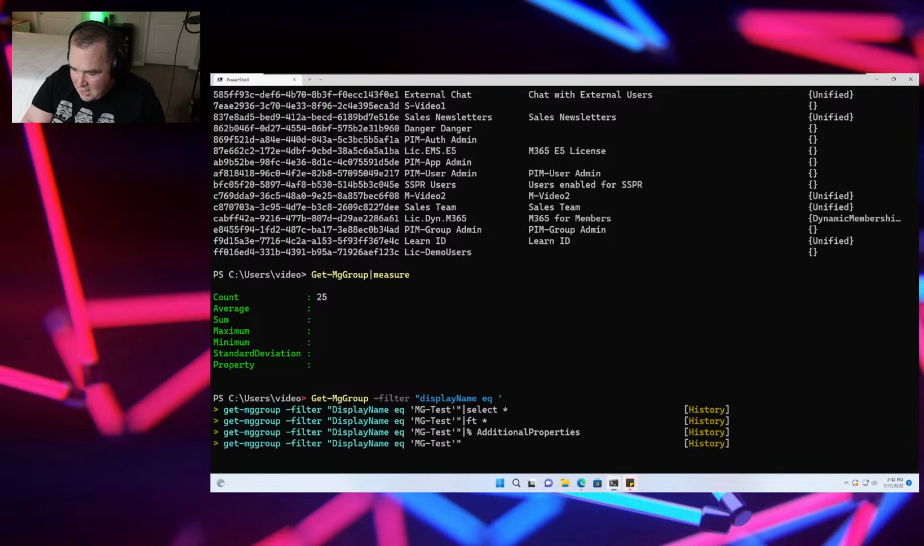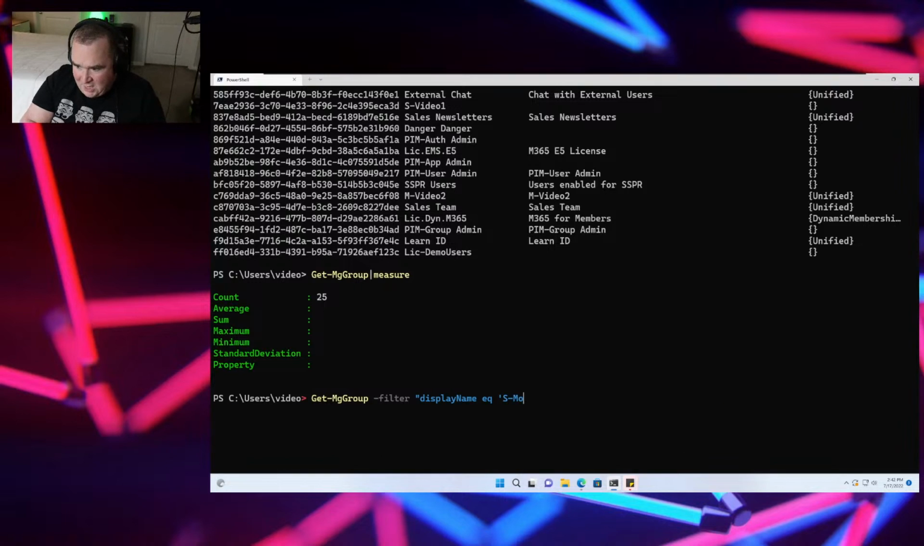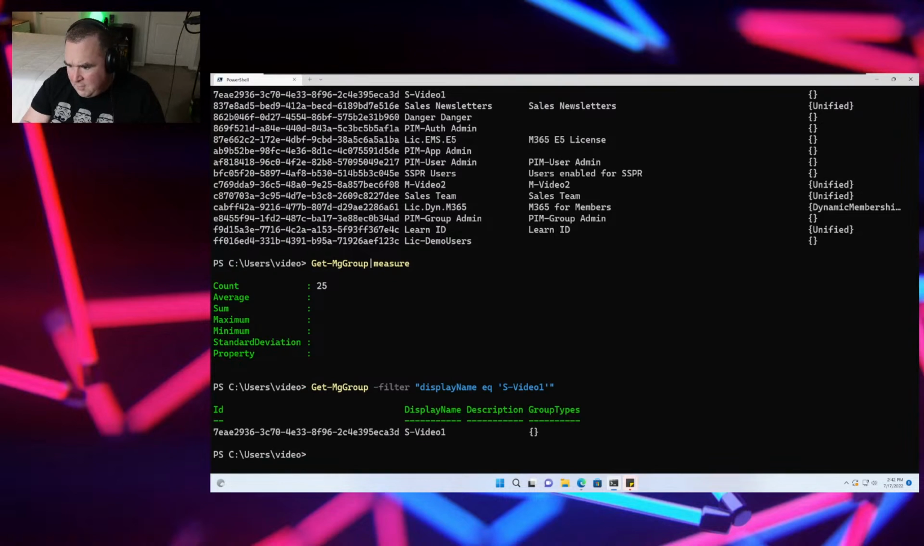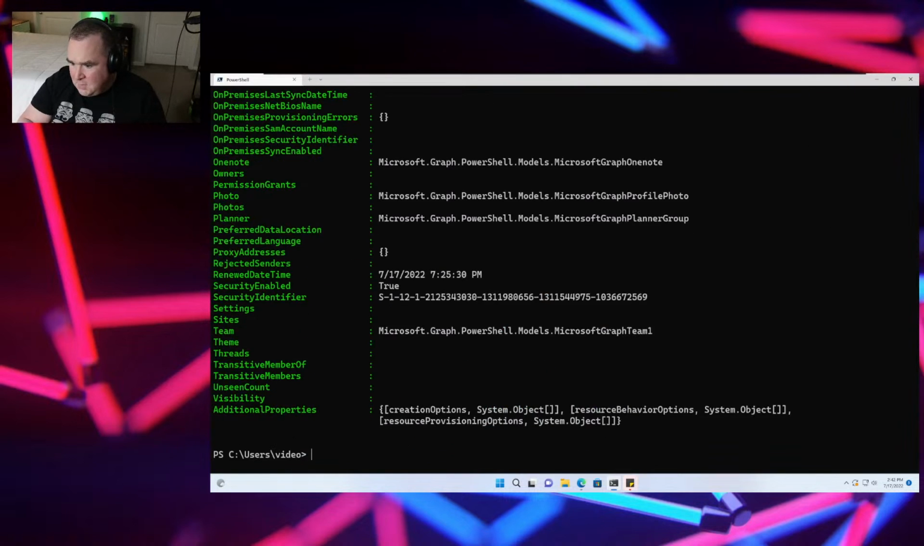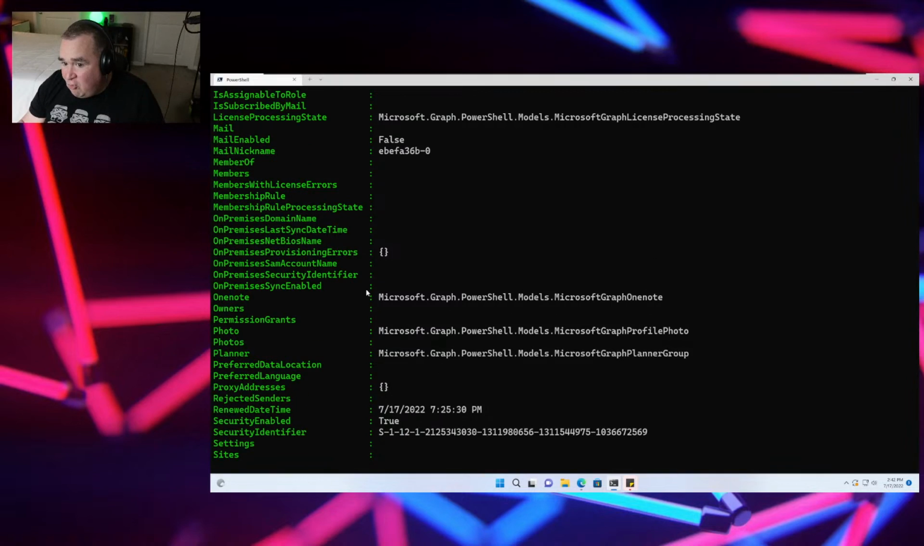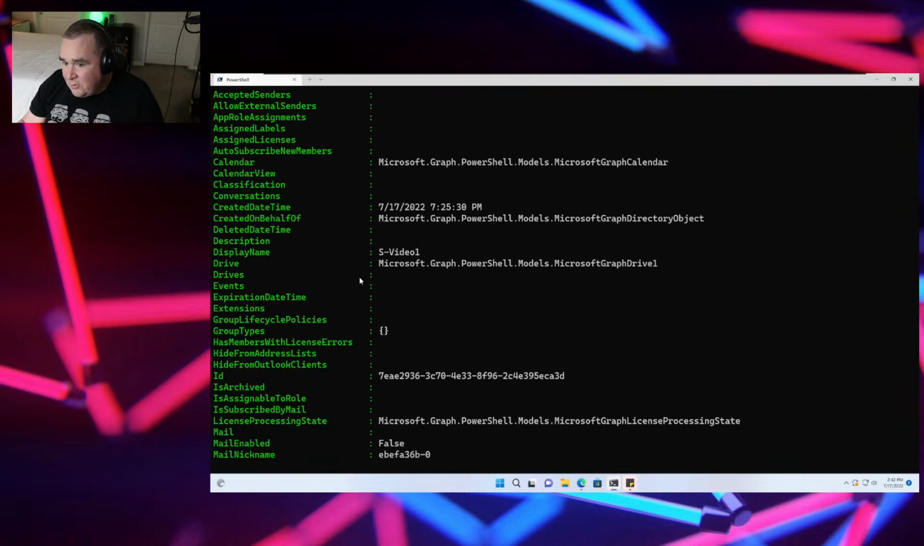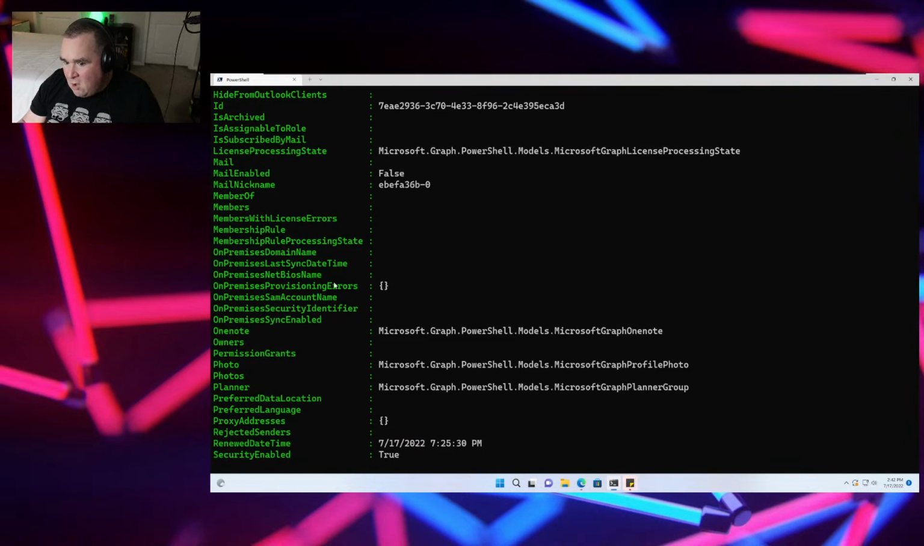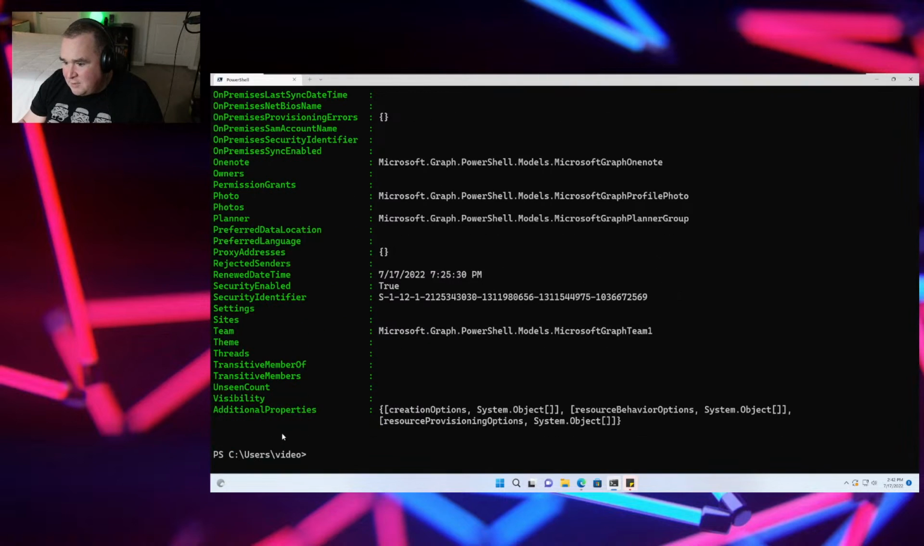Found in PowerShell and OData are the different filter formats, but you kind of get used to them after a while. All right, so let's look at that. I don't see properties on this group. Now, that's because we'll find them under additional properties here. So we can see